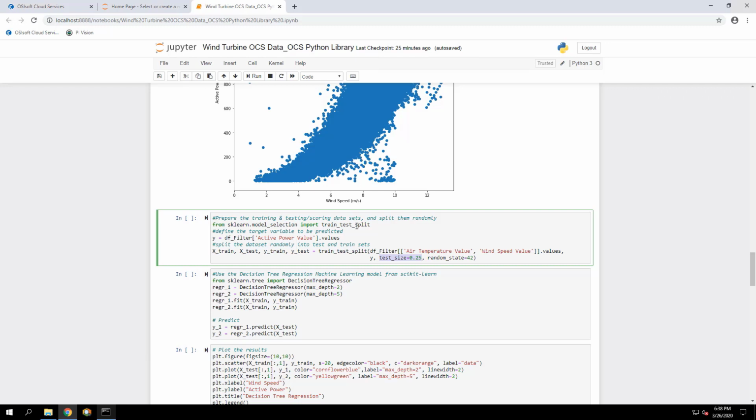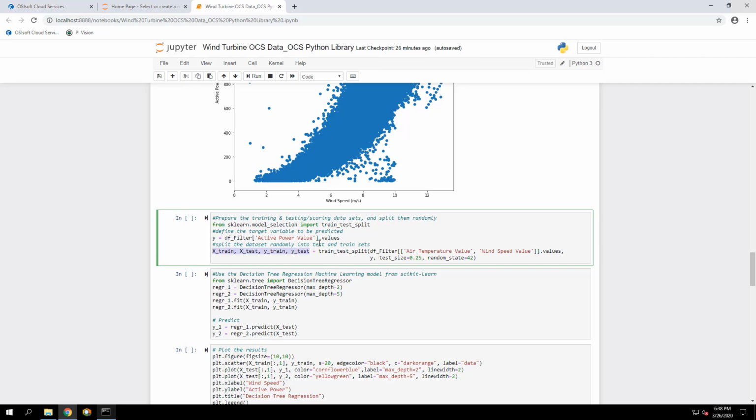So when we run this function, we're going to end up with, we're calling it here xtrain variable and xtest variable and ytrain variable and ytest variable. So what these are, so for example, the xtrain will include the x values. In this case, all the x values are the inputs basically, and the y are the outputs. So the inputs basically are air temperature and wind speed.